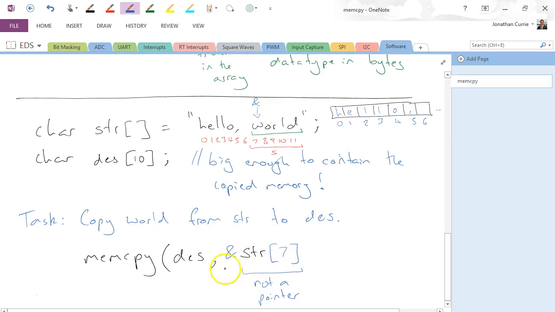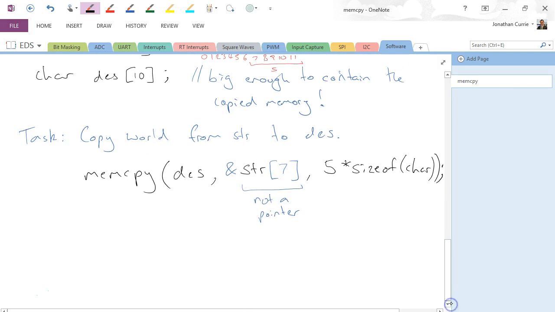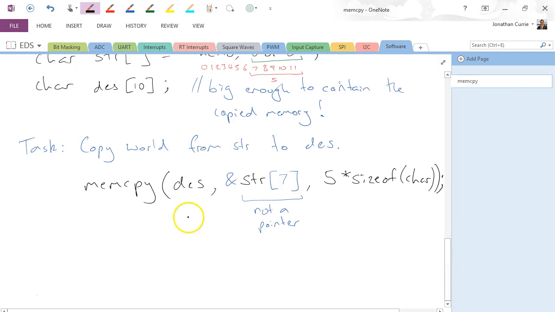And that's where the real power of memcpy comes in, because we don't always have to say we'll start at the beginning of an array. We can copy out parts from anywhere. And then finally, the number of letters we want times the size of. Now I know a char's 1 byte, but it's good practice to keep using size of, because it does end up being more robust code. Right, so 5 times size of char, and we will now have inside